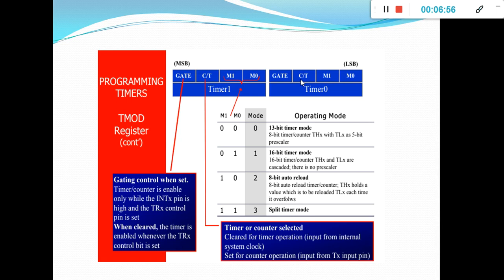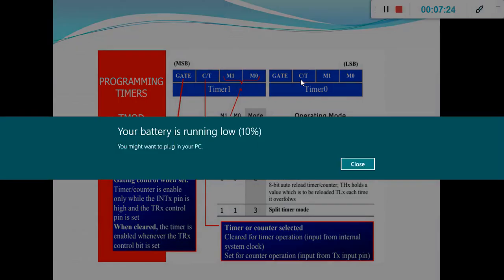If you put the C bar T value as 1, it is selected as a counter. Then it starts event counting, meaning counting the number of pulses from events happening outside the microcontroller. Suppose you are writing a program only for timers, then C bar T must be 0 in both timer 0 and timer 1. Suppose you are using it as a counter, then